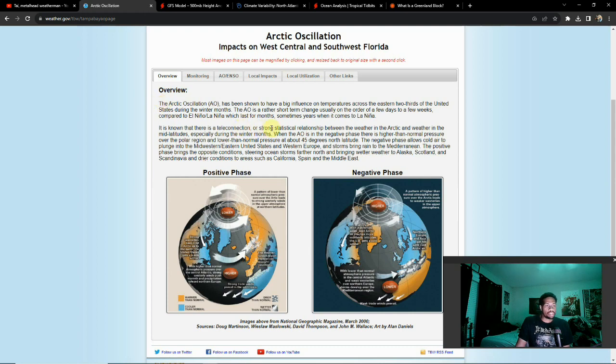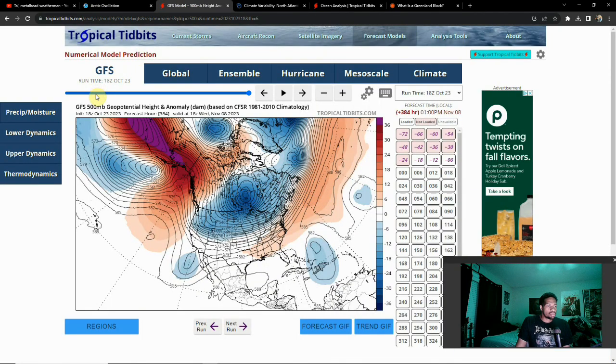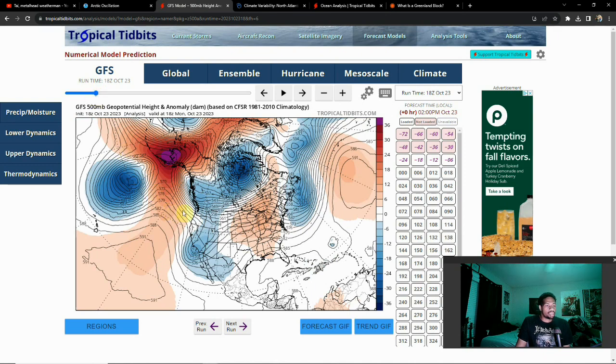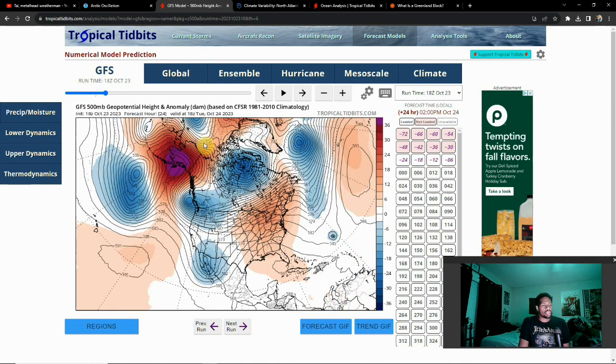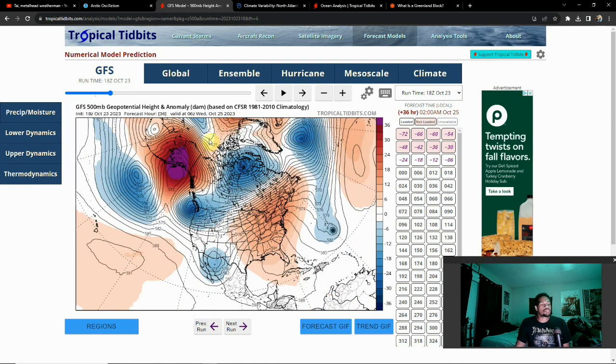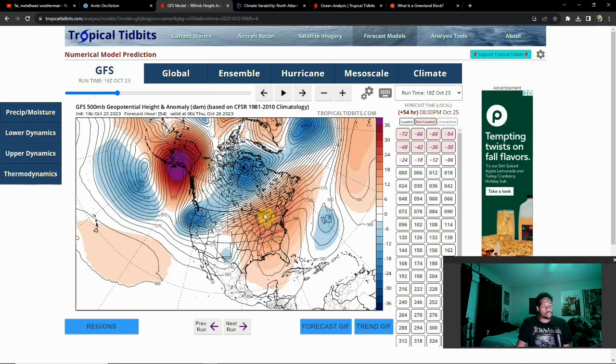In fact, I'm going to show you a little bit of an example of it right now. I'm a little bit further ahead than I want to be, but right now we're in what looks to be more of a positive PNA phase, or not PNA, but positive AO phase. It's force of habit. I often talk about the PNA a lot. But what ends up happening here is you can see that area of higher pressure usually also is accompanied by warmer air coming into play here. And you can see that a ridge is also built over the eastern part of the US here. So classic positive AO look.